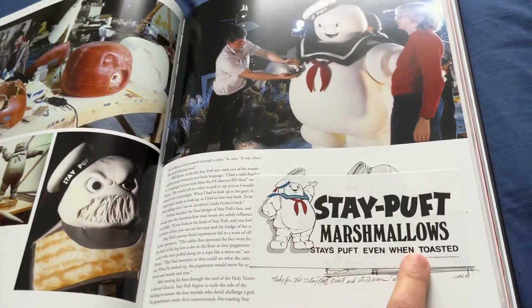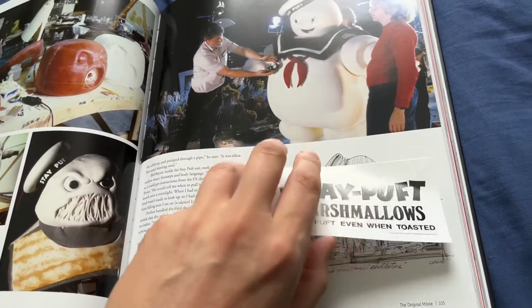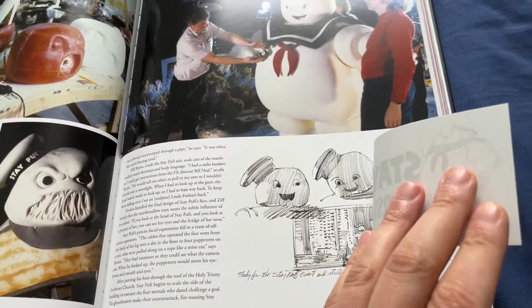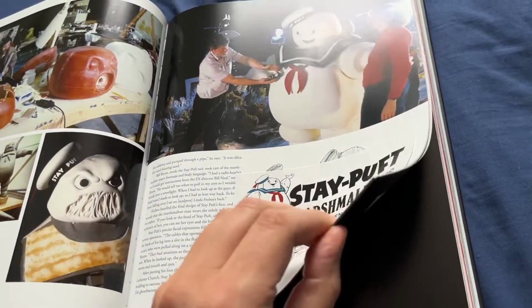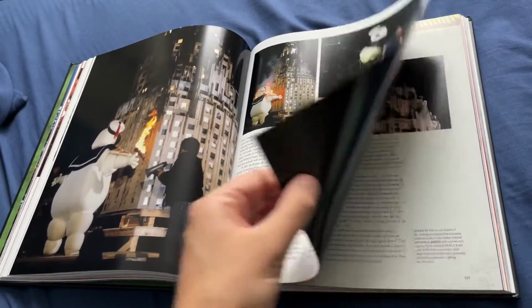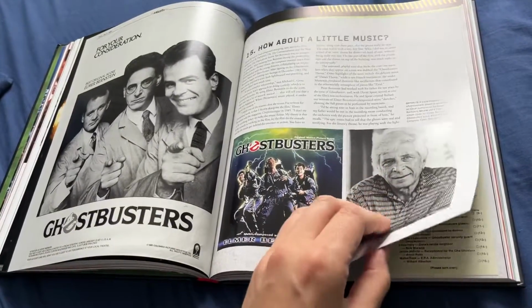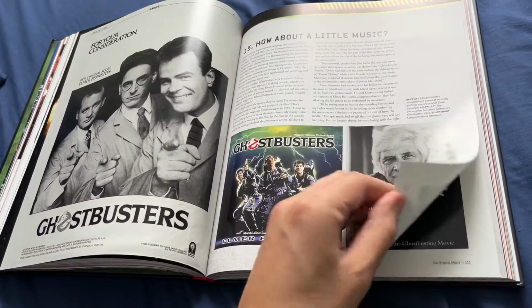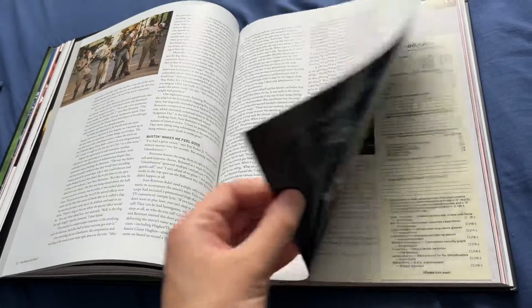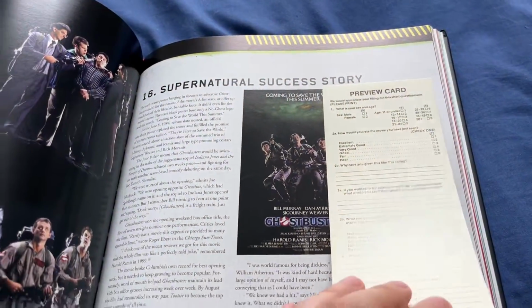Oh, Stay Puft. So here's that sticker they were talking about. That's pretty neat. Very cool. Stay Puft Marshmallow Man always stayed with me, no pun intended, but I always thought he was a really visually wild character,